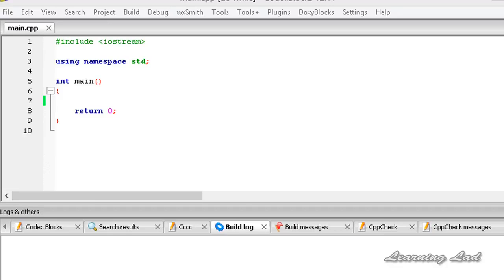In this tutorial, we're going to be learning something called the do-while loop in C++. In the last tutorial, we learned the while loop, which is used to execute some statements again and again. In while loops, we were testing the condition or the expression at the beginning of the loop. This do-while loop allows us to execute the statement at least once, regardless of whether the expression or the condition